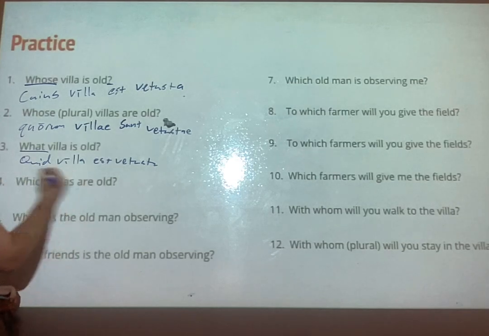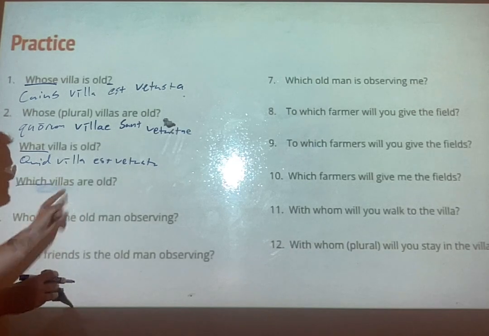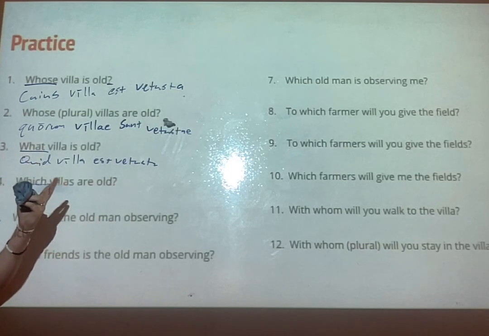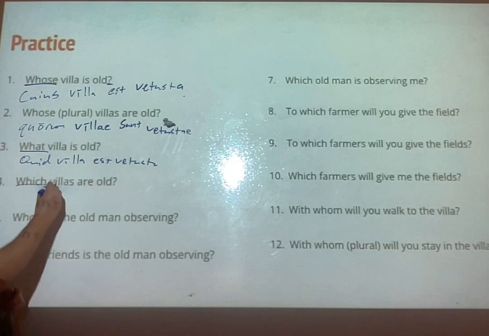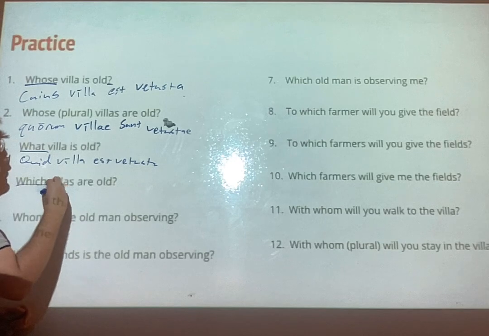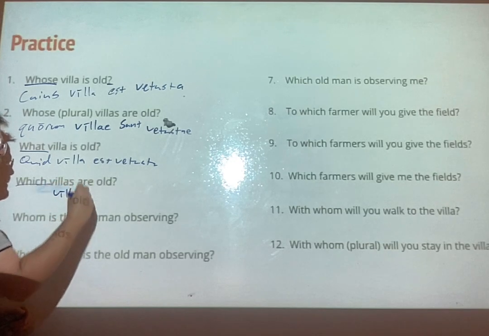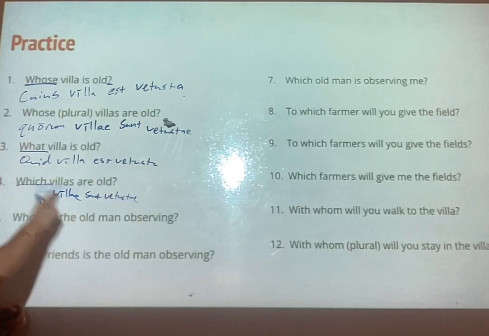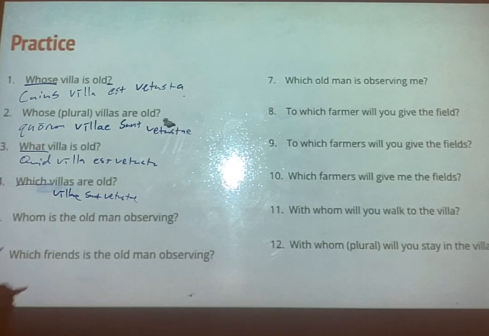All right, so if this is an adjective, what does it need to agree with in its noun? The gender, number, and case. That's an adjective. It's got to do all three. So if villa is the subject noun and it's plural, what does it need to look like? Villae. Yeah, just like we saw before. Villae sunt vetustae. So what does that mean that our interrogative adjective needs to look like? Quae. There you go. It's just got to match it. Now, these don't take first and second declension endings. I'm just talking from the list. Qui, quae, quae. This is nominative plural for the feminine, so it's got to be quae villae. Just so happens that they look and sound very similar.